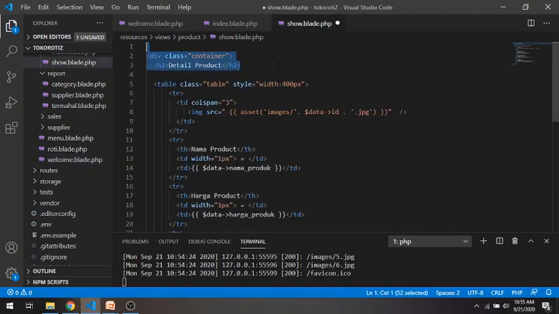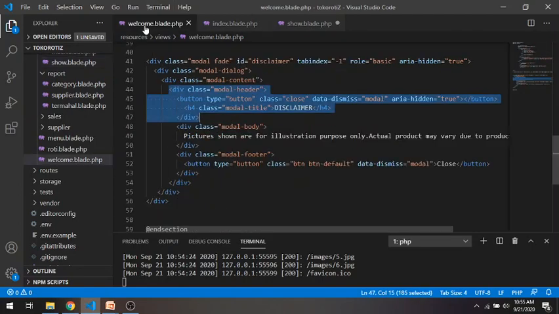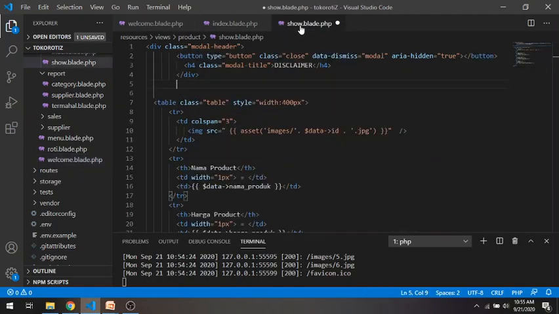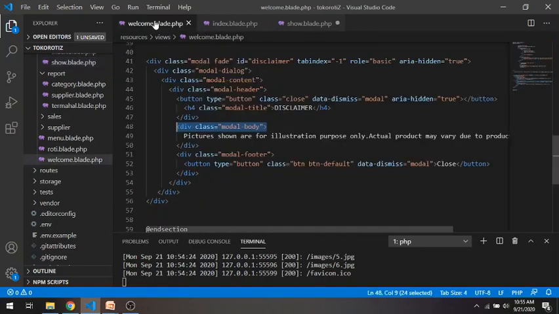So this one is the modal content, this one the modal header, this one the modal body, the table is the modal body, and we close it here, and last we have a modal footer here.